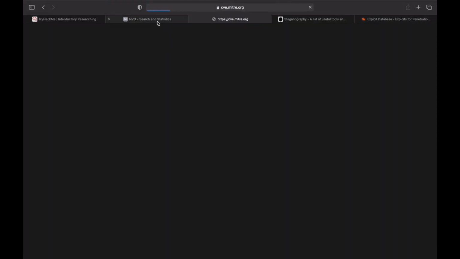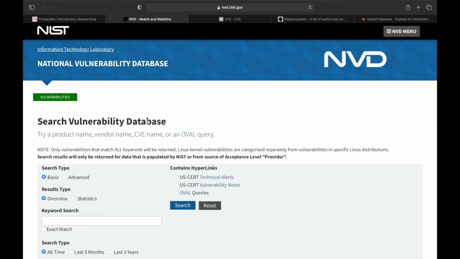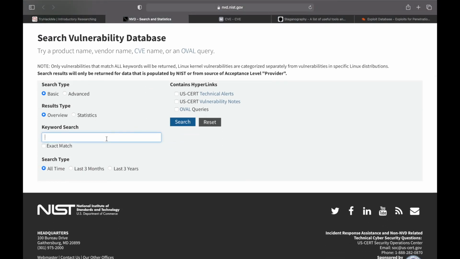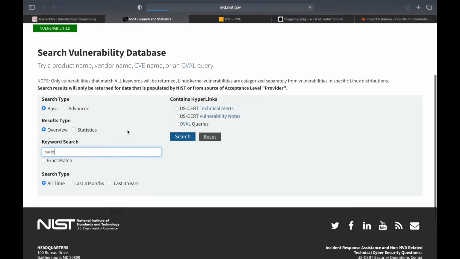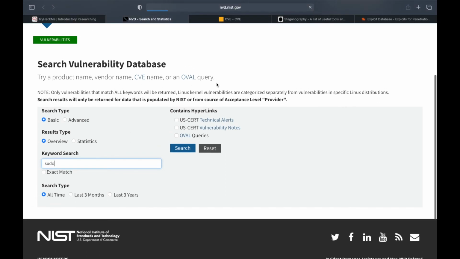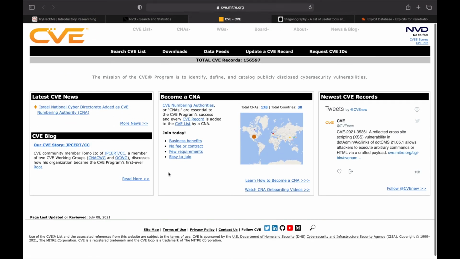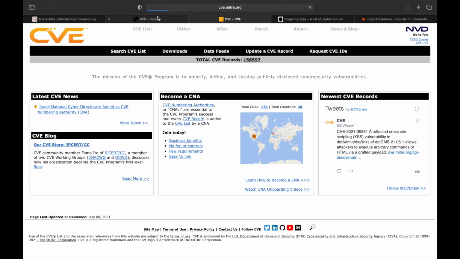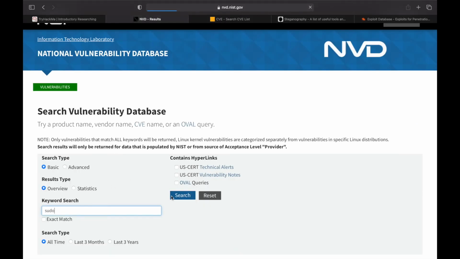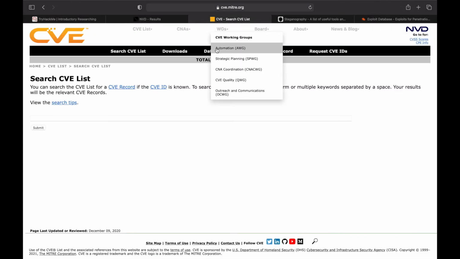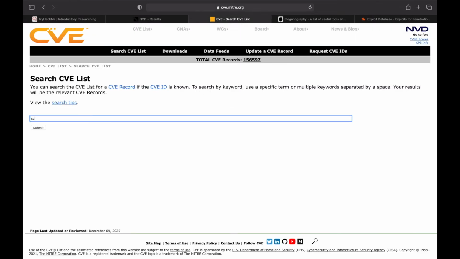Okay, NVD. So what we are going to do is search for the sudo buffer overflow. Try a product name, vendor name, CVE name, or an OVAL query. It's taking time. Meanwhile, I will come here and search the CVE list. Did we get anything? So sudo.